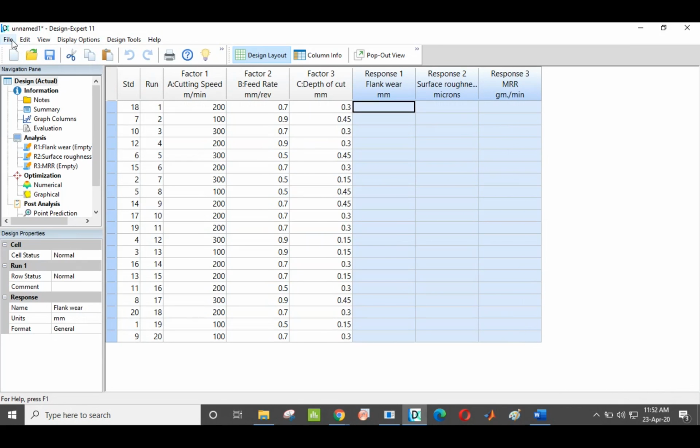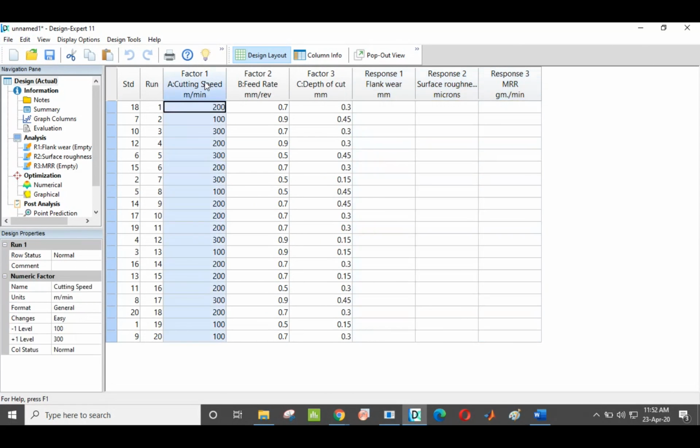Now I am going to change the alpha values to some other values, and we are going to see how it changes. In the cutting speed with alpha value equal to 1, we can see 3 level values: 100, 200 and 300. That is, 3 level values are possible with this. And also in this case, we can see